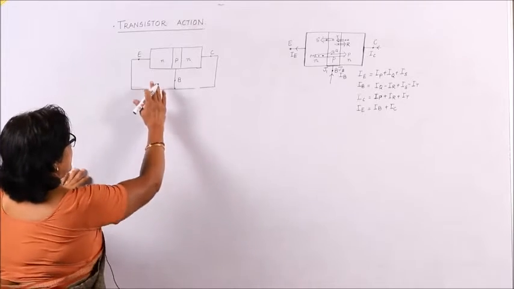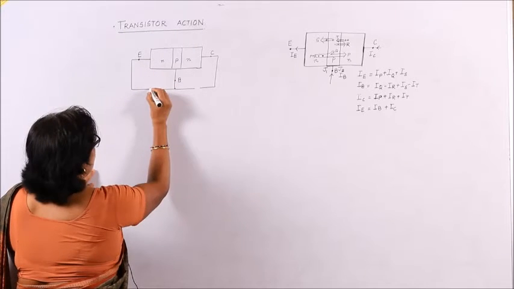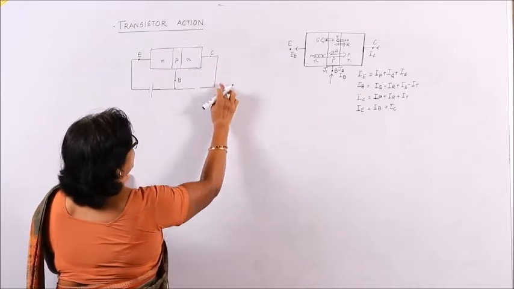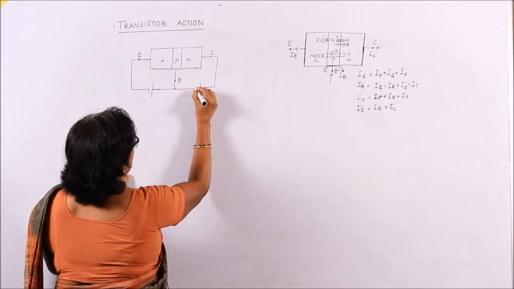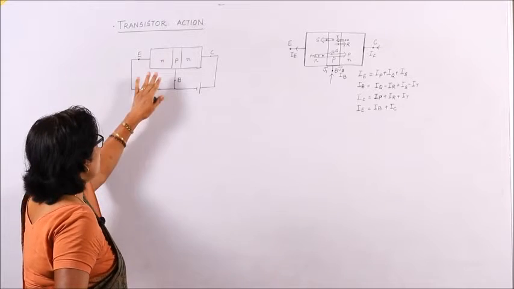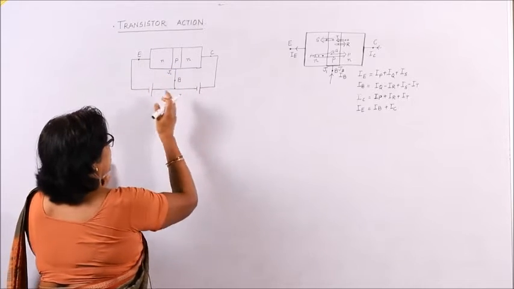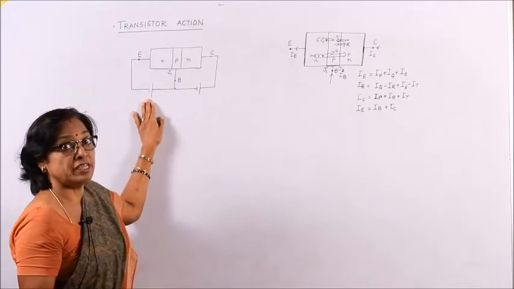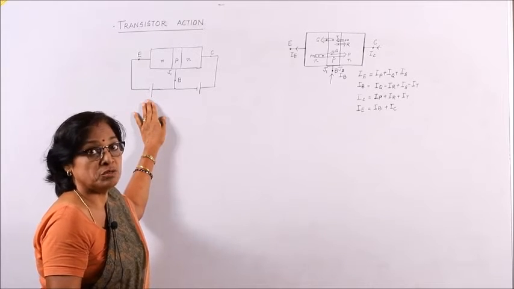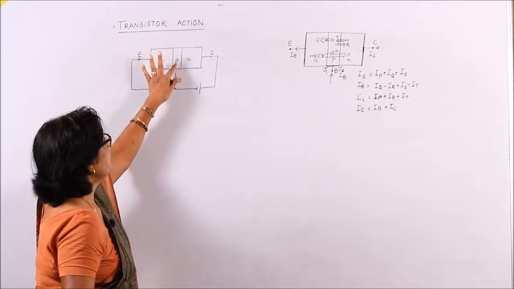Now, it is an NPN transistor, so the emitter is to be forward biased. So, it is connected negative and this is positive. The collector is to be reverse biased. So, this is positive and this is negative. So, what we have is this: due to the forward biasing of junction J1, the depletion region here will be small, and if the voltage is more than 0.7 volt in the case of silicon or 0.2 or 0.3 volt in the case of germanium, these electrons can go from n to p.